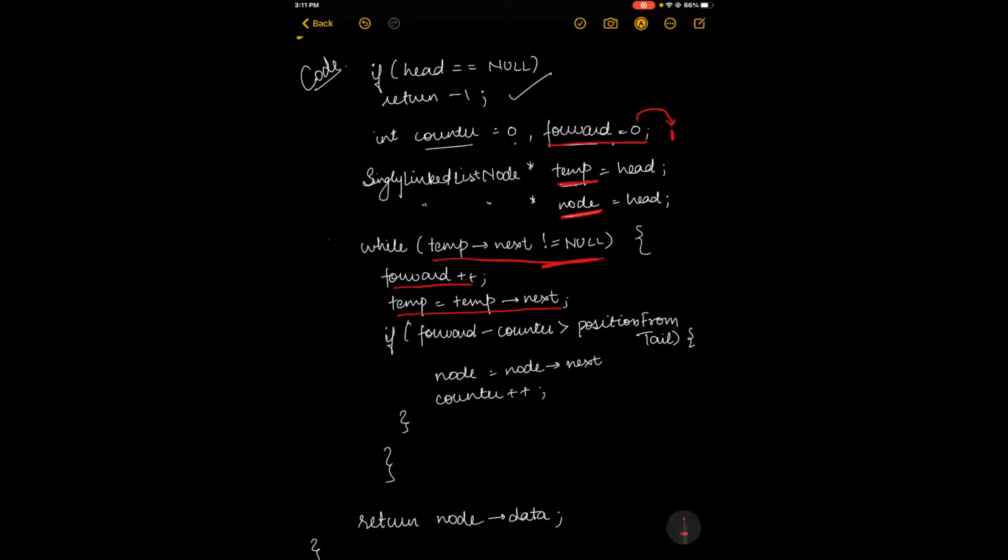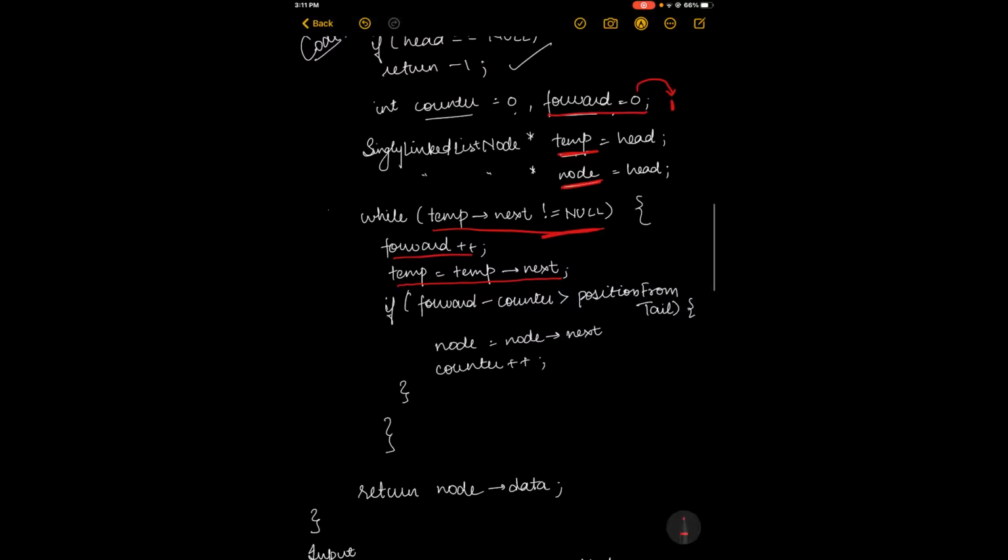So you can see how we are keeping track of the index values of the pointers. Once this has happened, we will check for this condition, that is if forward minus counter is greater than the position from tail. So forward minus counter, or temp minus node.